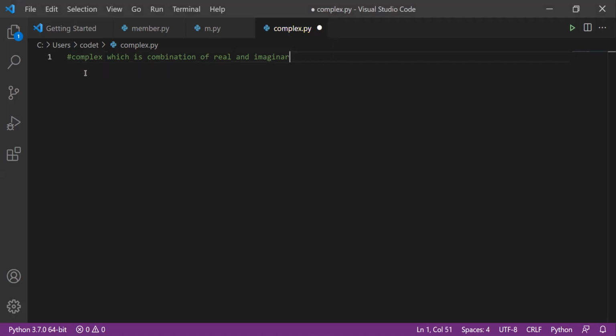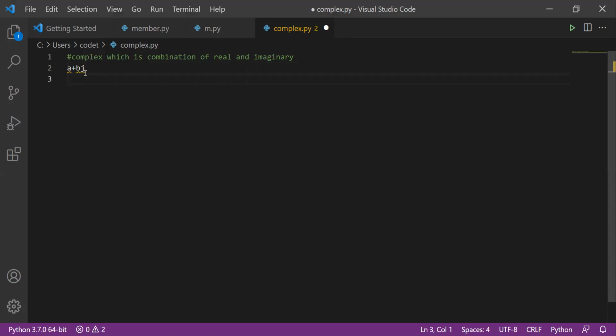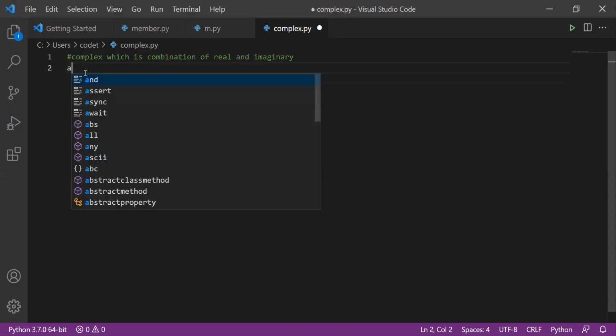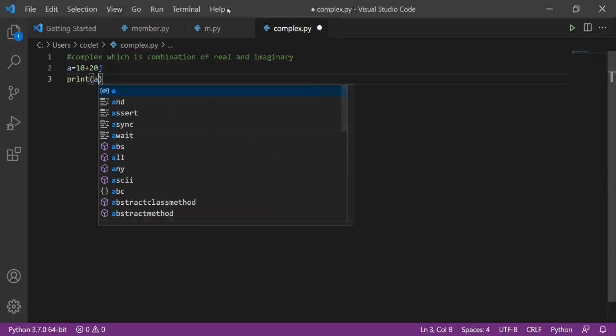Now I'm going to show you an execution. Suppose a plus bj. If you write it directly, you won't get anything because we didn't declare any variable. Now I'm writing with numericals, 10 plus 20j. This is also not declared in a variable. So declare a variable, that is a or x or whatever: a equals 10 plus 20j. Now print of a, and you'll get the value exactly as stored in the variable.